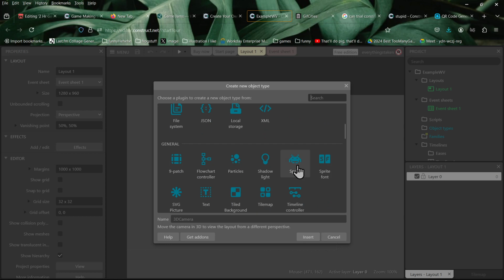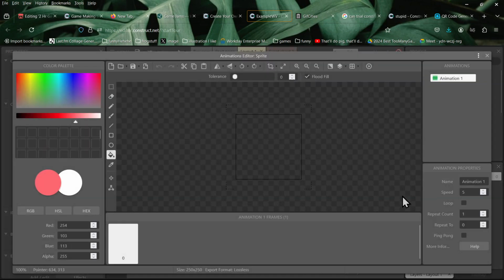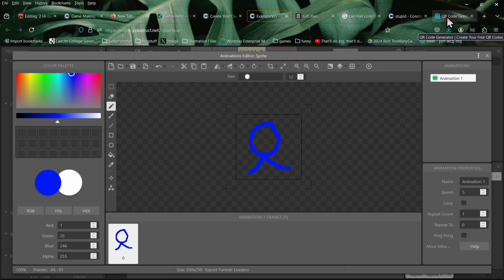But if we want to make a really simple platformer, I'm going to double click on Sprite and then click on the background. So here's our basic, rudimentary graphics editor. I'm basically just going to make a little character. I'm going to make sure the color is pretty distinct from the background. And I'm just going to draw something really basic. I like to start off really basic with images before I commit to a full idea. So just to get things started, I'm going to draw this very rudimentary shape.